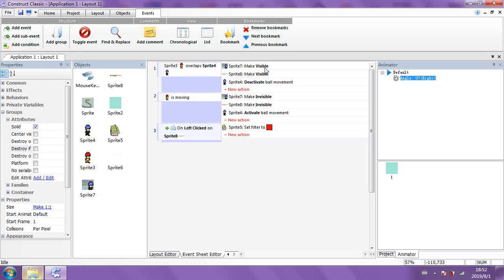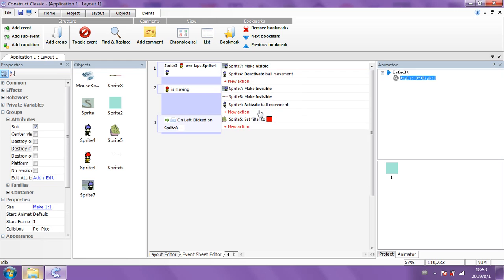When I hover over that, okay. It's not a case of making it visible or invisible, is it? So let's just delete the action. It's not a case of visibility or invisibility for that word box. It's not at all.